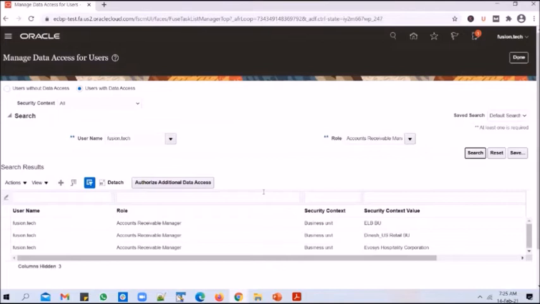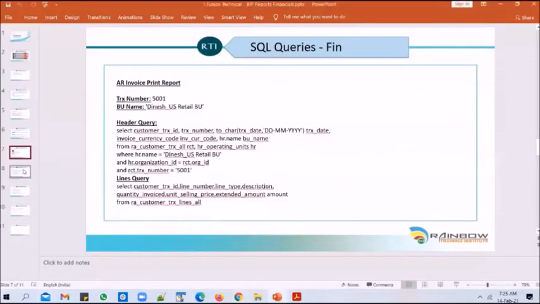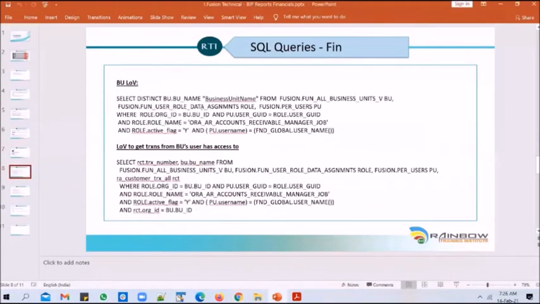But in ERP Cloud, you will get no clue from the user interface as to what table might store this information. So you will have to either do a Google search, explore Oracle documentation, or go to support.oracle.com. I've shown you those options yesterday. With those options, you try to identify the table which stores this information. And the table that stores this information is the user role data assignments.